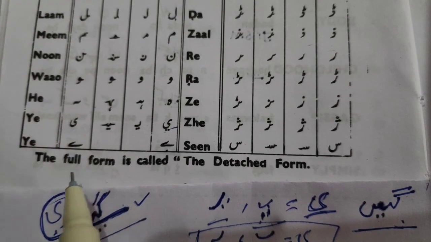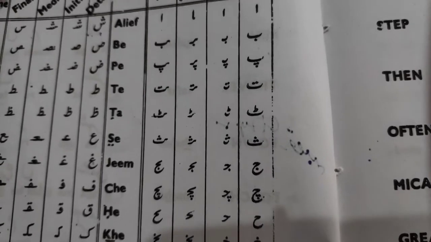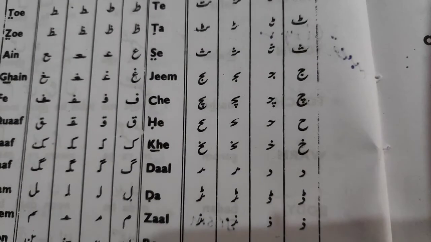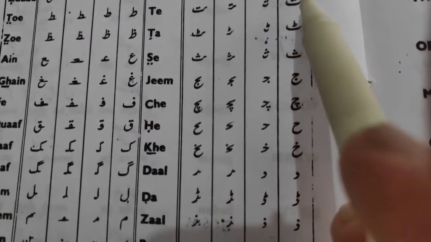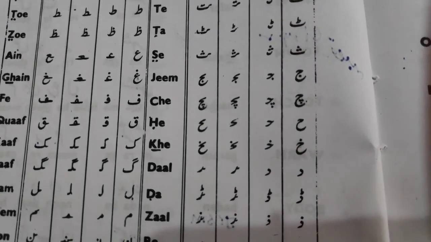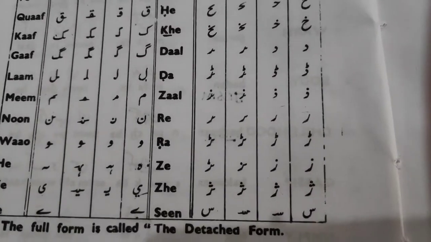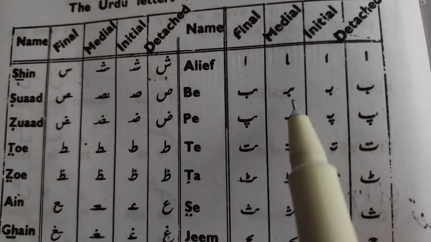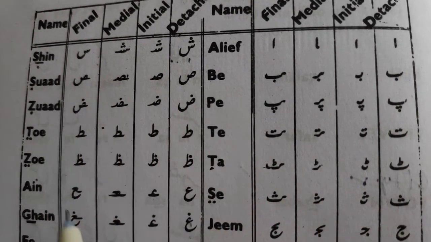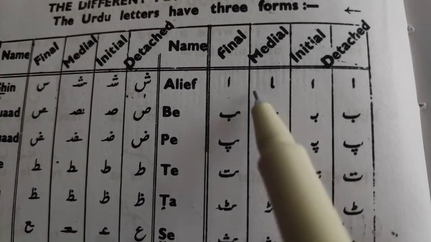Choti ye, badi ye. Okay, and this part is left from alif. Actually I started from this side. I should start from the right side, because Urdu starts from the right side: alif here and seen here, and badi shin here and swad here. So no problem, guys. Now I have finished this column, all the letters, and now we'll finish this.